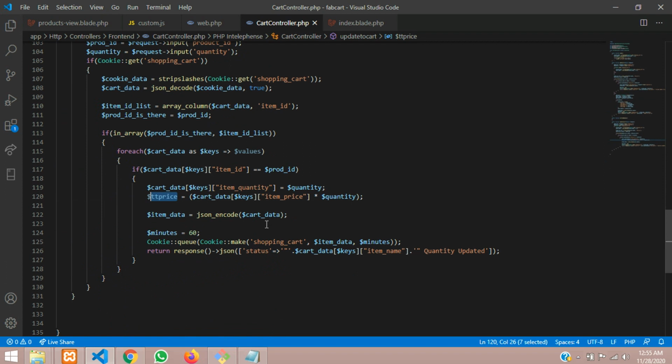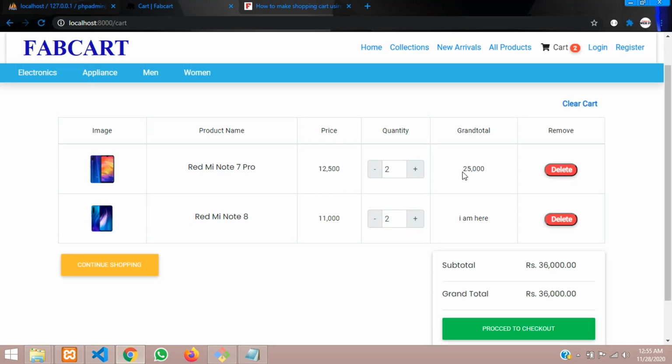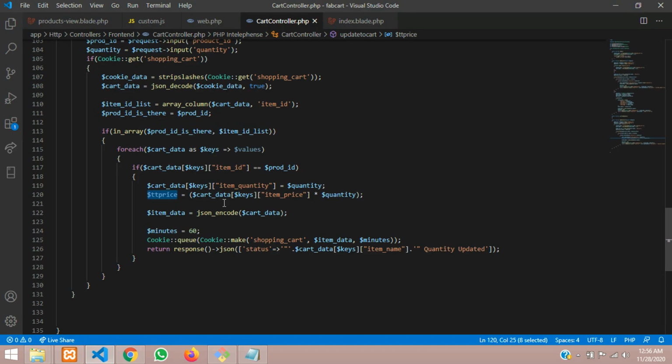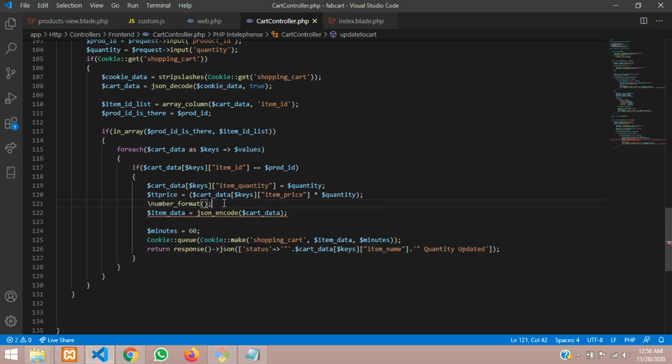Inside this total price I'm going to format this number. Format number means I wanted to show 25 and that comma, I just wanted to show that comma also over here. So for that sake I'm using another function for number format, open bracket. Let me give that and tell that TT price, total price, that will be the grand total, is equal to number format. So this is the grand total. You can call it price also.